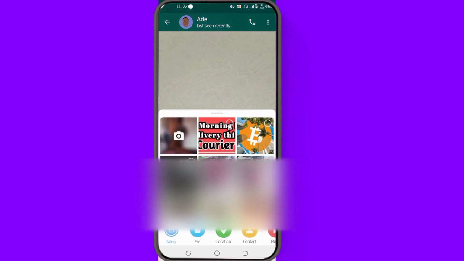Then you click on the icon below. Then you select the picture you want to send. You can select a lot of pictures to send. Then after doing that, you can just scroll up. Then you click on this icon, this three dotted